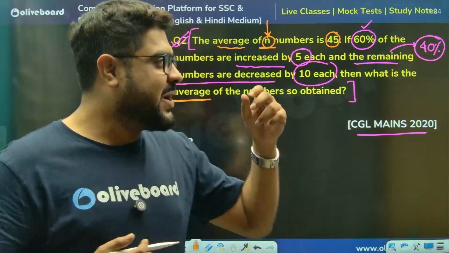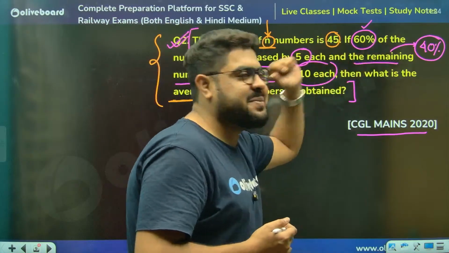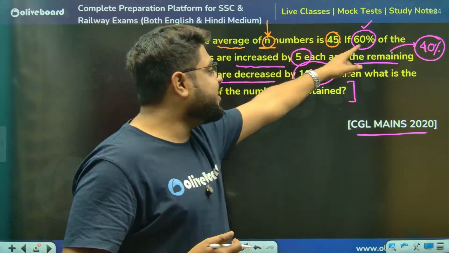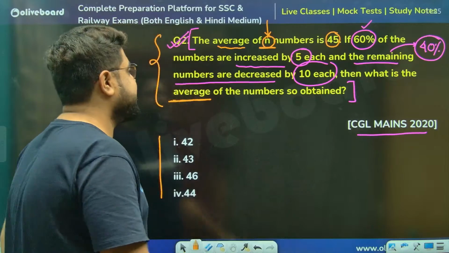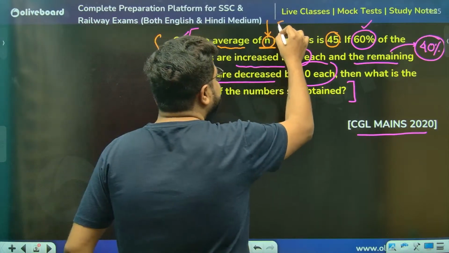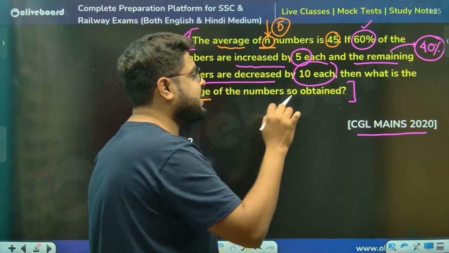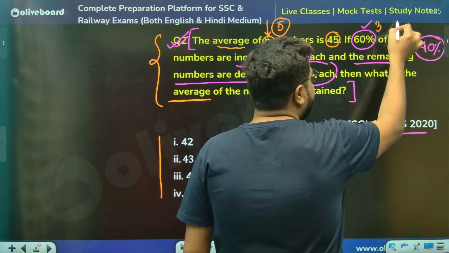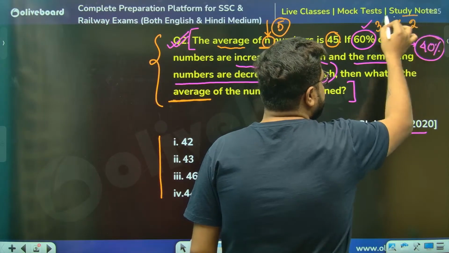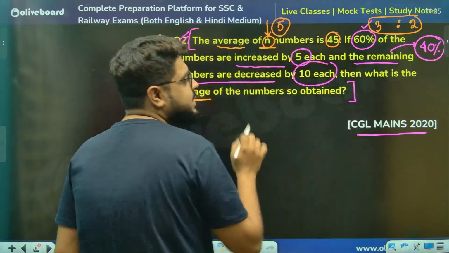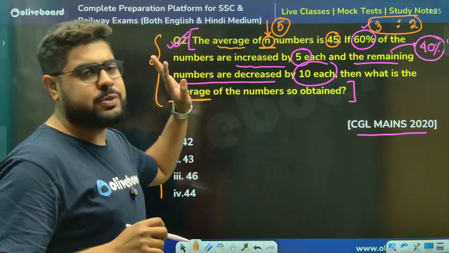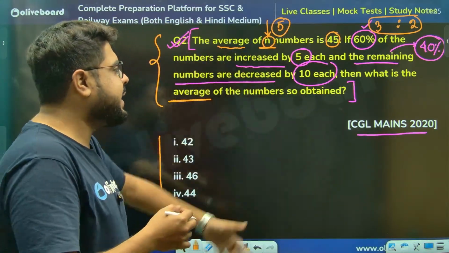Now, one more thing: 60%, 40%. That is giving me some idea. Sir, do one thing: n is 5. I will say, why? Because 60 and 40 means a 3:2 ratio, so 3 plus 2 is 5. That is why I've assumed it. You will see, the things will become clearer and clearer.